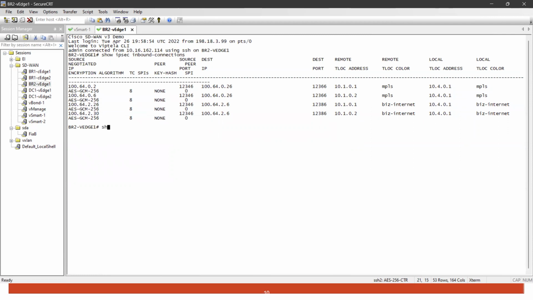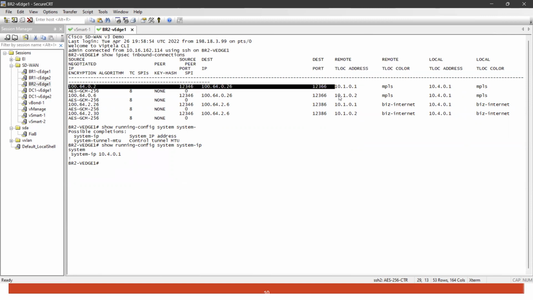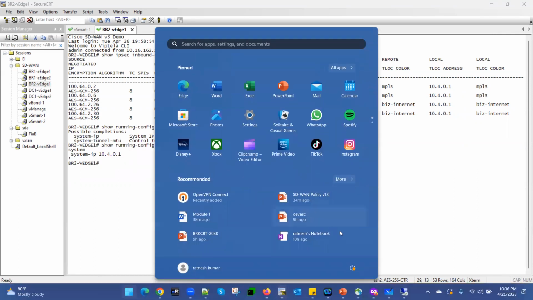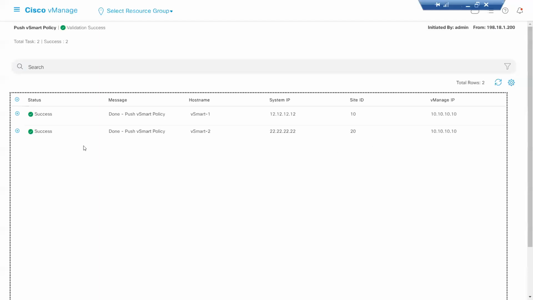So if I go and check my system IP, my system IP is 10.4 that it is showing here, local TLOC, and remote TLOC means remote next hop is these IPs. Now if we go and deactivate this policy, so let's go here,